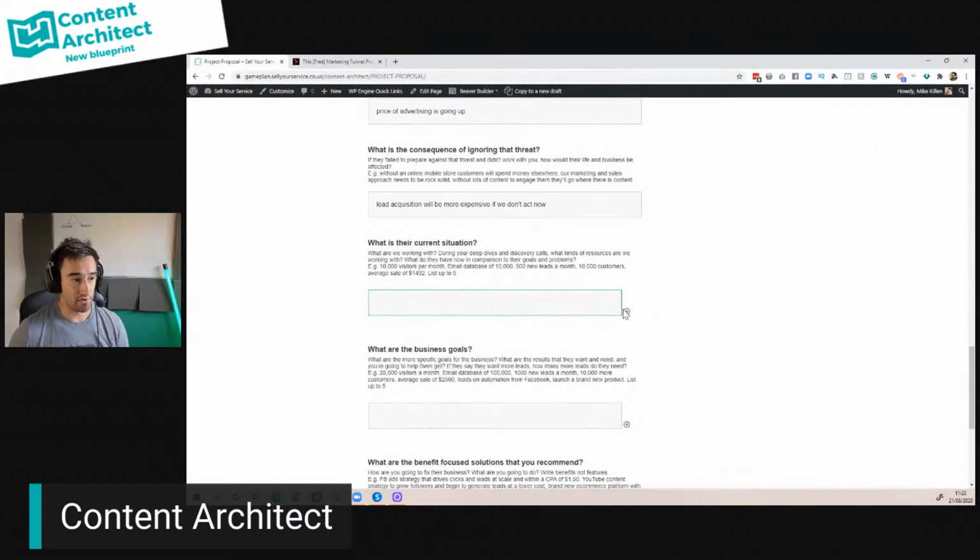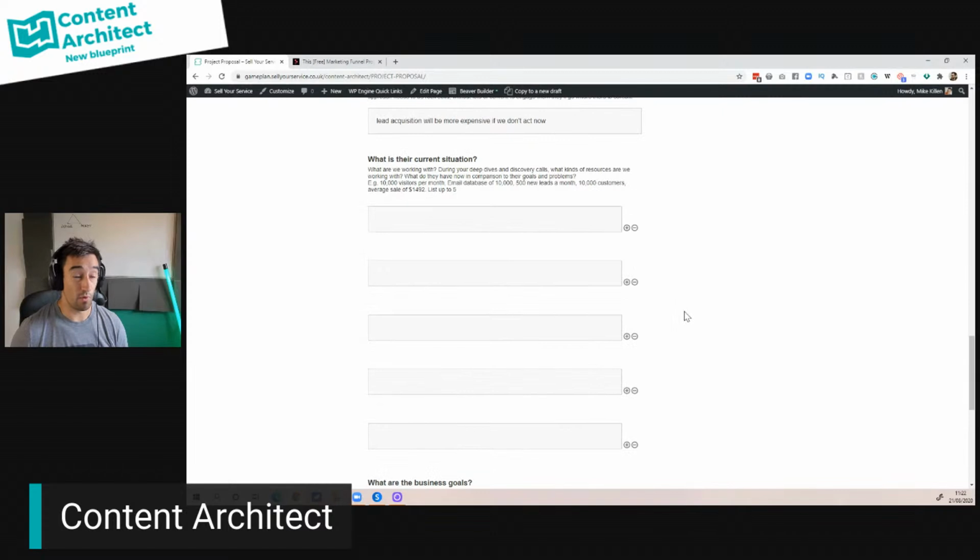This is the easy bit. What's their current situation? Basically, I like to list out, I consider these resources. So I'm like, what are the resources they've got already? And in this particular case, they've got a list of around 12,500 email addresses. They've got roughly 5,000 visitors a week to their blog. They've got tons of content, both blog and video. Authority in the space, speaking gigs,